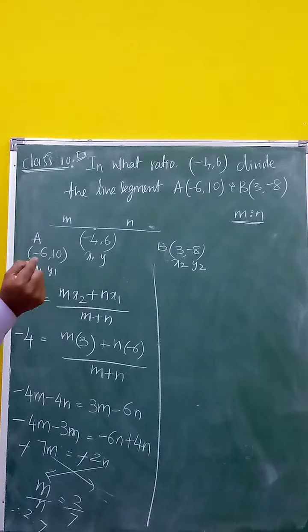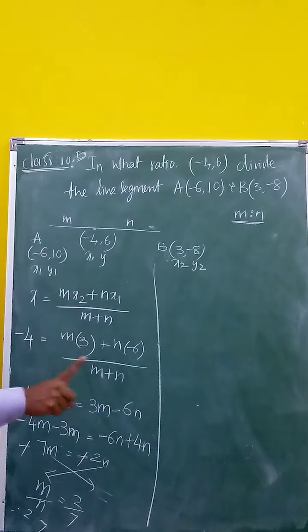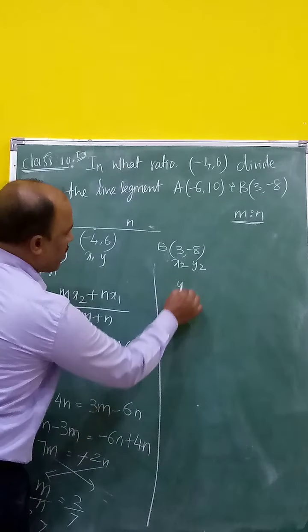Now, it's not required, but for one sum I will explain that. Next, if you get any sum like this, then there is no need to do both. Only one, x coordinate or y coordinate, you can take and solve it. We have to find the ratio. Then the y coordinate also I will take here.